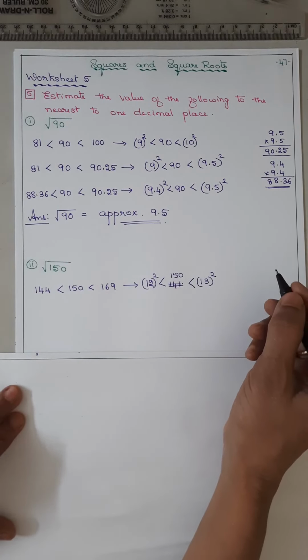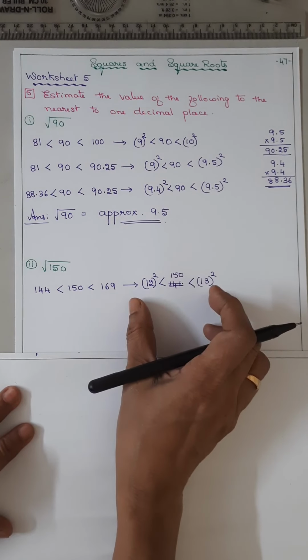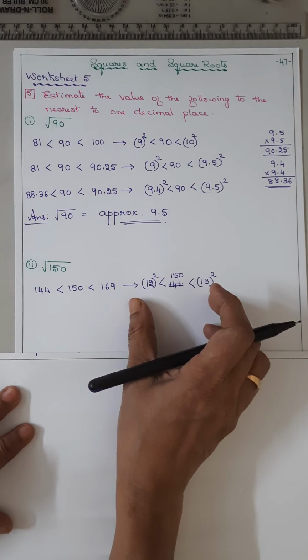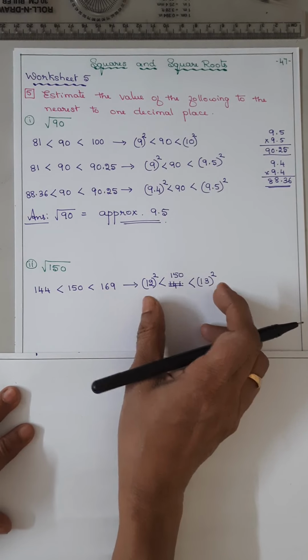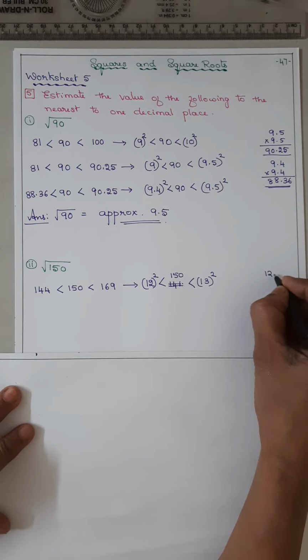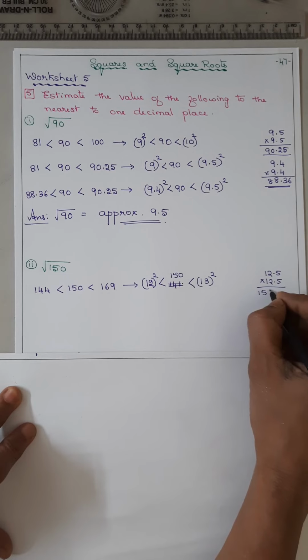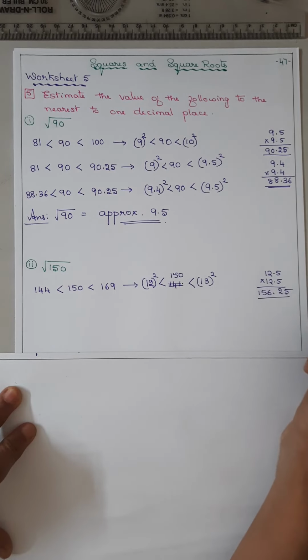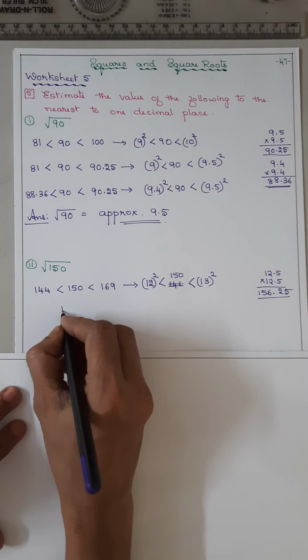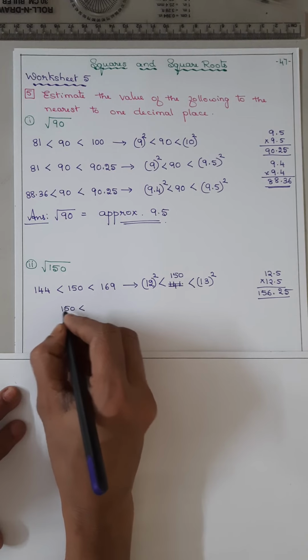ओके नेक्स्ट इसके एग्जैक्ट बीच में क्या आएगा? 12.5 है ना, 12 एंड 13 के बीच में आएगा 12.5. सो मल्टीप्लाई एंड सी. 12.5 square will be how much? It will be 156.25. 156.25. That means 150 is in between